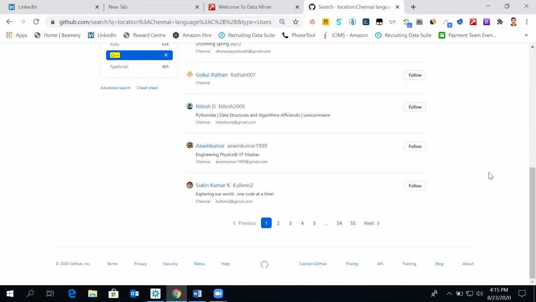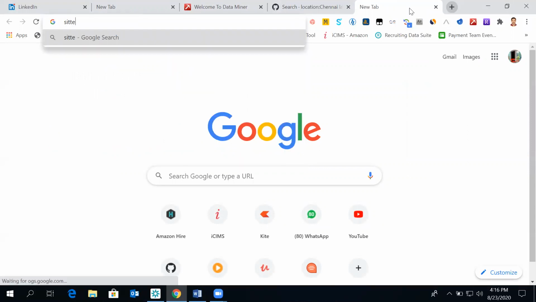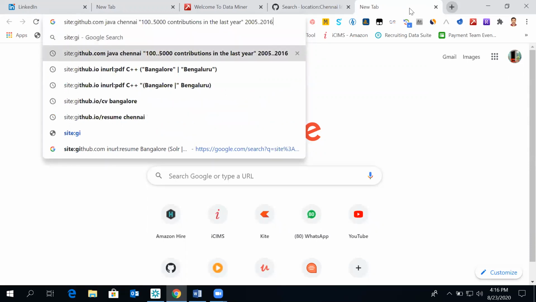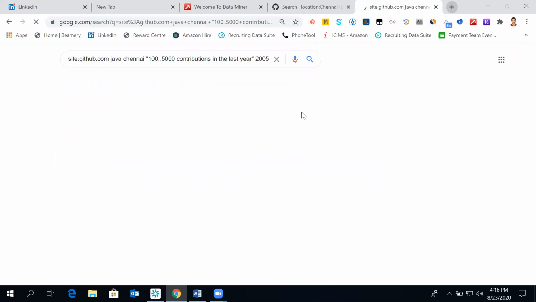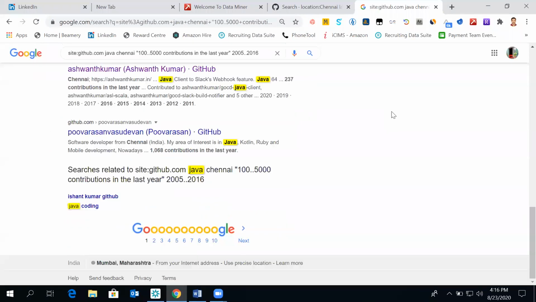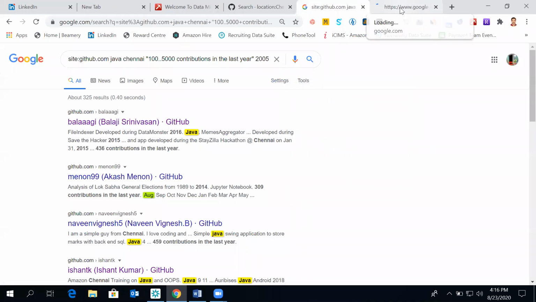When we use a platform or give a direct search within a platform like LinkedIn or GitHub, there is no way to increase the number of count. But if you do an X-ray search, now this is the X-ray search. Okay, so here we can increase the number of counts. Now it shows us only 10, 15 by default. Just go to settings.